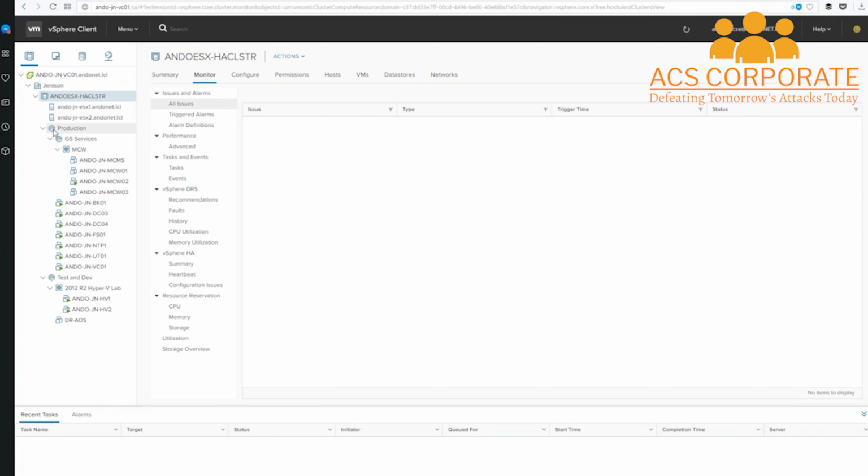This little pie icon is called a resource group. And in the VMware world, a resource group is simply a collection of resources that you have carved off for a specific purpose. I've seen people use this for carving off resources for a particular department, or like in my case here, I've carved off resources for production and test dev. And I've set it up in a way that production always gets more than the test dev stuff does. There's a lot of different use cases for it here, but very useful for you to take a look at